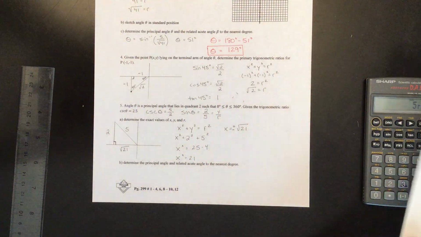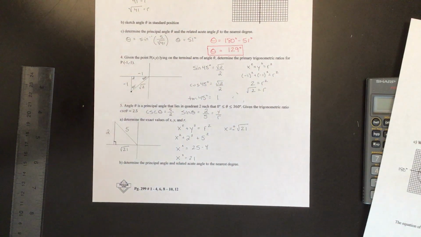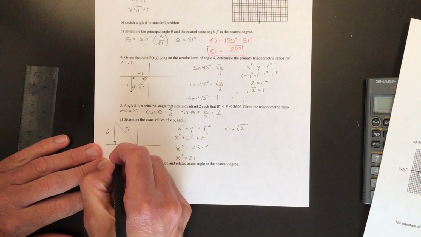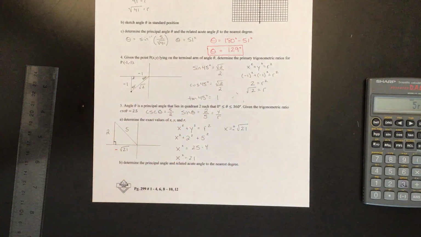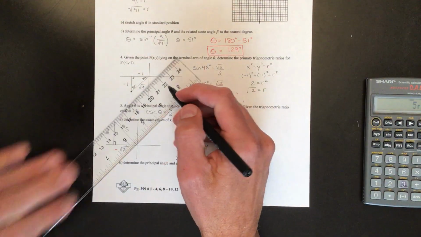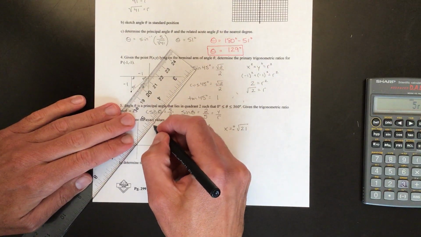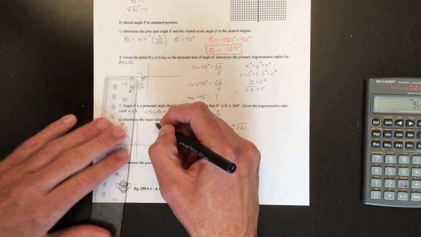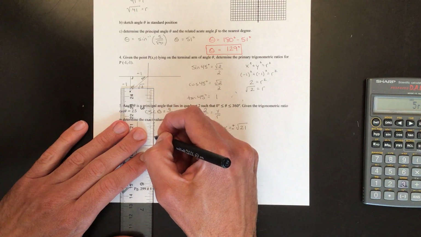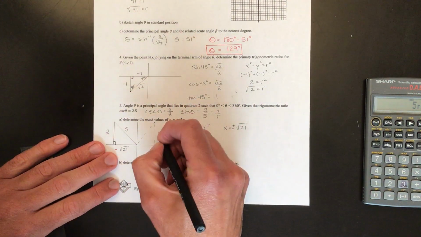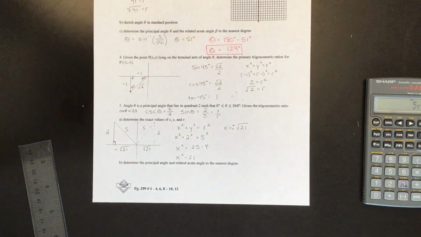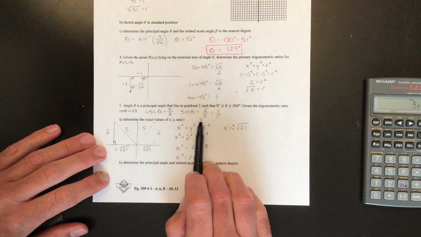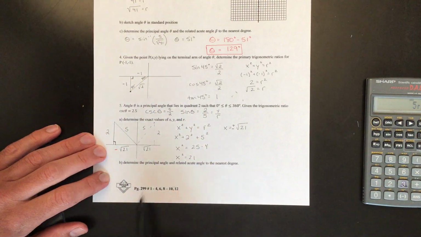And the reason you're getting two answers is because there are two locations where this triangle can occur. It can occur when x is negative root 21, and it can also occur in this quadrant as well, right? Sine is positive in quadrant 1, so that would still be 2, that would be 5, and this would be positive root 21, because sine is positive in those two quadrants. So you have to be careful when